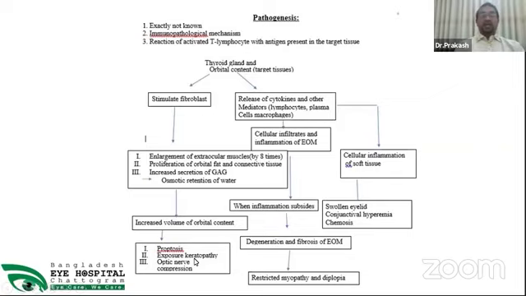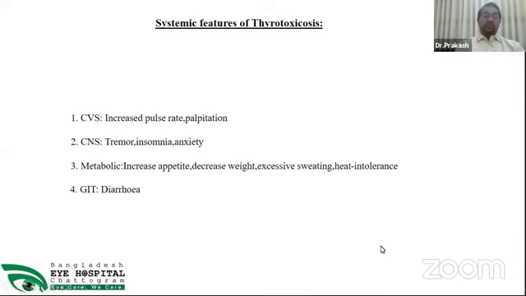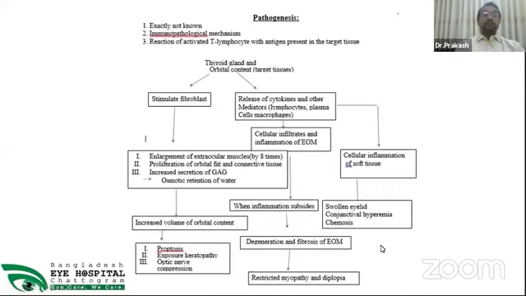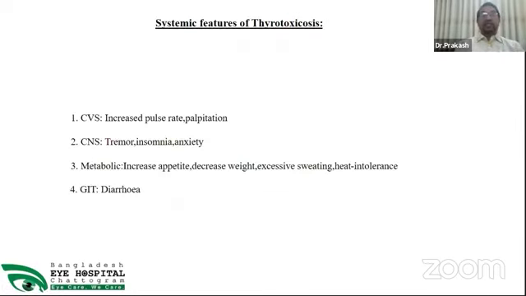And if there is any choroidal fold, there is pressure. So these are the things. If you can understand the pathogenesis, we can understand the clinical features. As for the systemic features, as you mentioned, thyroid eye disease can be associated with thyrotoxicosis, hyperthyroidism, though it can also occur in the euthyroid, that is normal thyroid function, or hypothyroid.